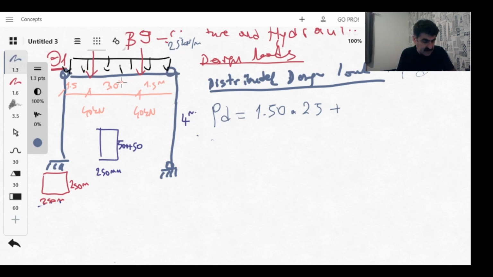How much did I calculate? 3.44 kilonewton per meter, but multiply by the dead load factor, which is 1.35. Okay. So if we do the calculations, we will find